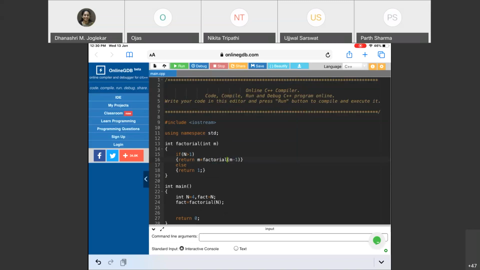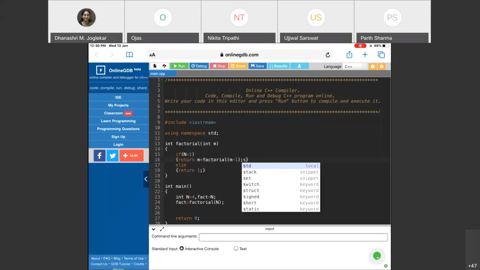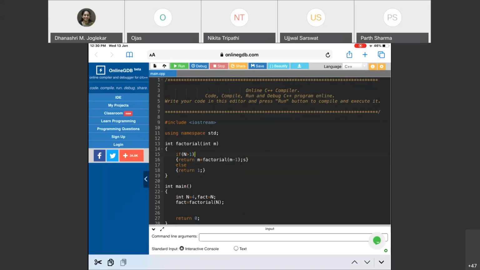Factorial, I should be writing in this way. I suppose that this should work. Ma'am, putting some semicolon here. Yes, so we are done with writing this.